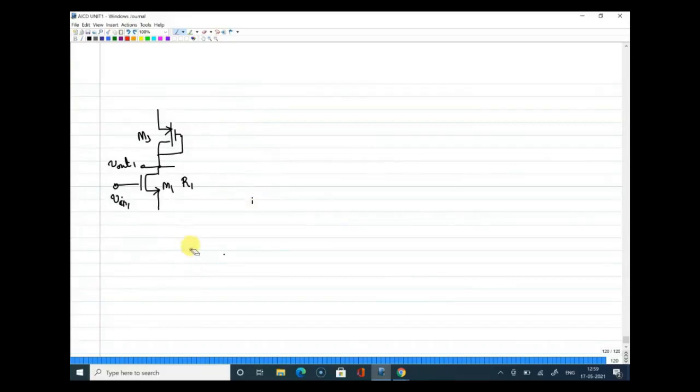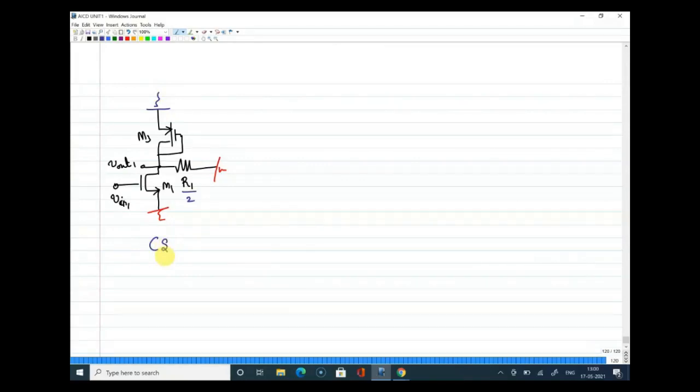So I can directly, I'm just making the changes in this color, connect this to ground, and there is a resistance of value R1 by 2 that also should be connected to ground, right? And this resistance value is R1 by 2, and this is VDD, but that also will act as ground for the small signal, right? Now if you look at the circuit diagram, you can clearly say that input is given to gate, output is taken from drain. So this is a CS amplifier, right?